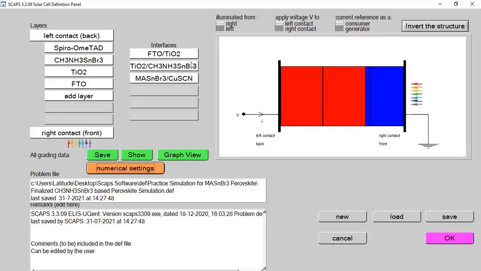First of all, I need to explain what kind of device structure I'm going to simulate today for JV characteristic analysis. This is a typical structure that has Spiro-OMeTAD as the HTL, the hole transport material. It is typically used for lab work, experimental work, as well as simulation work. But I have already explained that this material has some disadvantages: its cost is very high, and it can complicate the fabrication process.